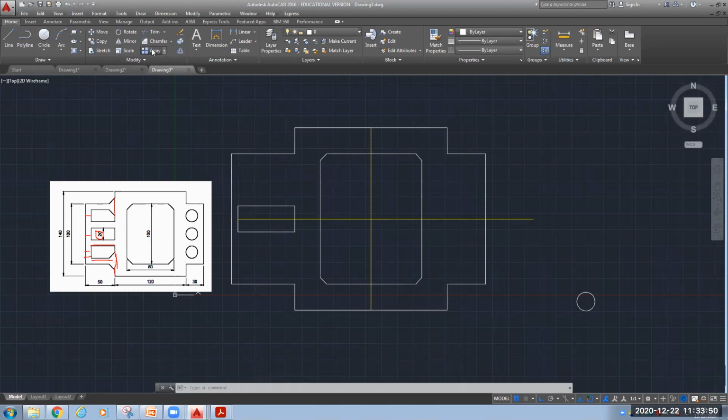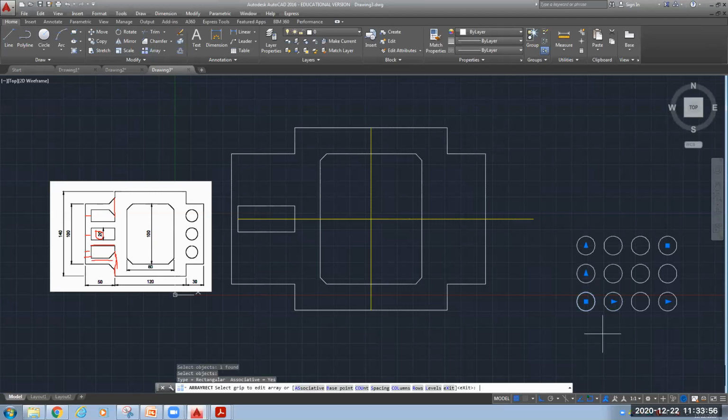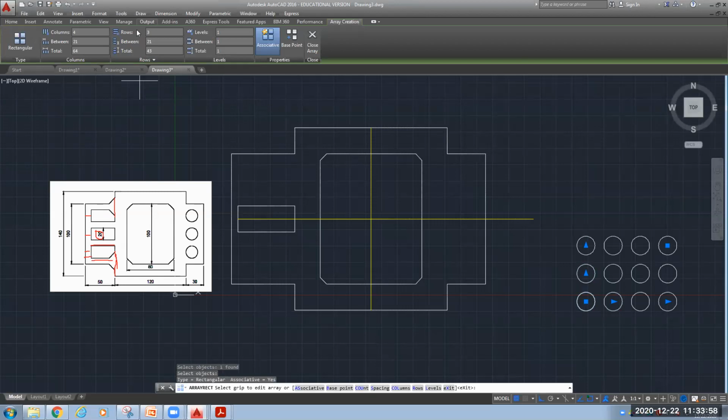Now try to understand what is array. Now I want to make an array of this object. It means on rows and columns you can decide. So see here, you can decide the number of columns: 1, 2, 3, and 4. If you want to increase it, you can increase it. If you want to reduce it, you can reduce it. Number of rows: now we have 3 rows. Row number 1, row number 2, row number 3.